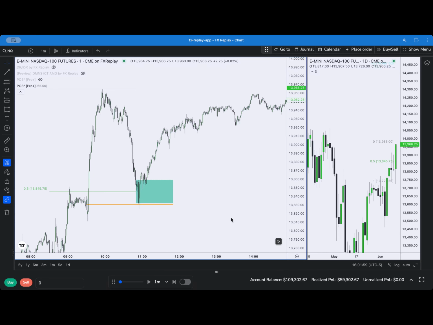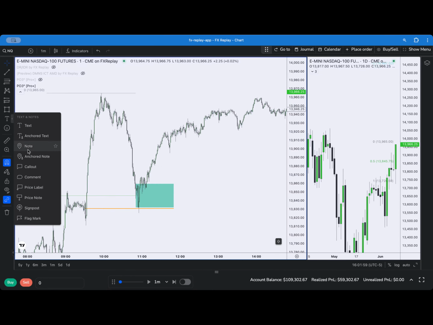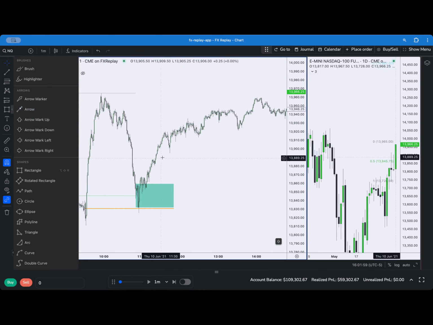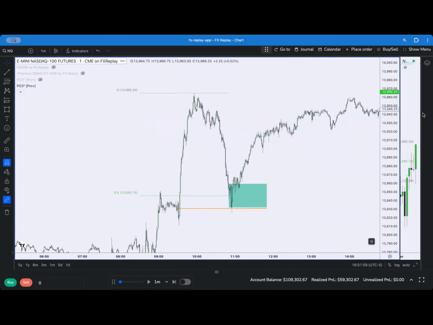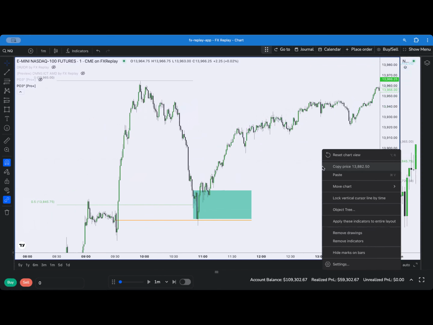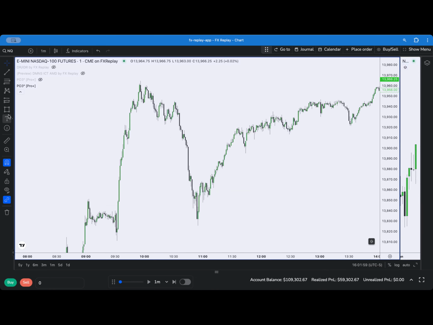So for example, I would have a checklist, right? This is what I would do, and this is what I do with my trades currently. So I'm just going to move this here. I do, for example, remove drawings. And this is kind of how I mark it out. Because I do the 2 variables, that's variable number 1, that's variable number 2, and then I do